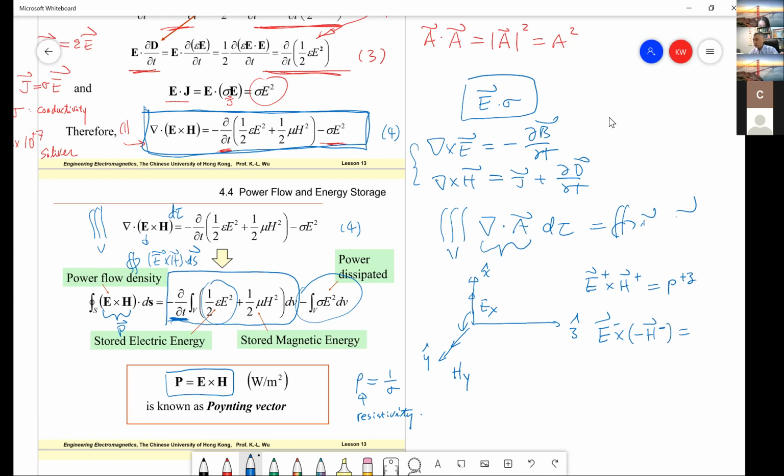So this is the P vector, which is a vector. For the wave propagating, this is the P direction. For the other case,